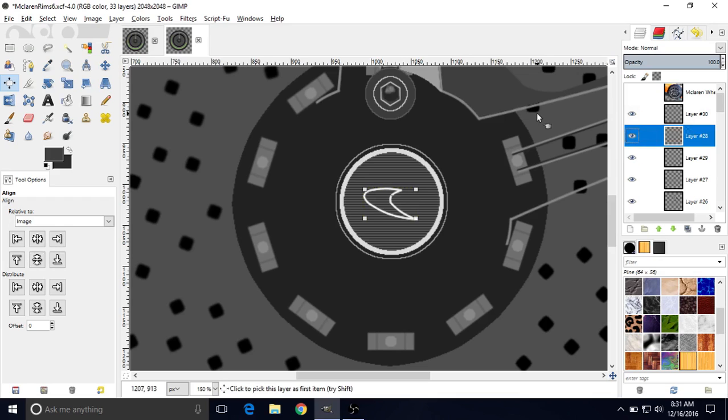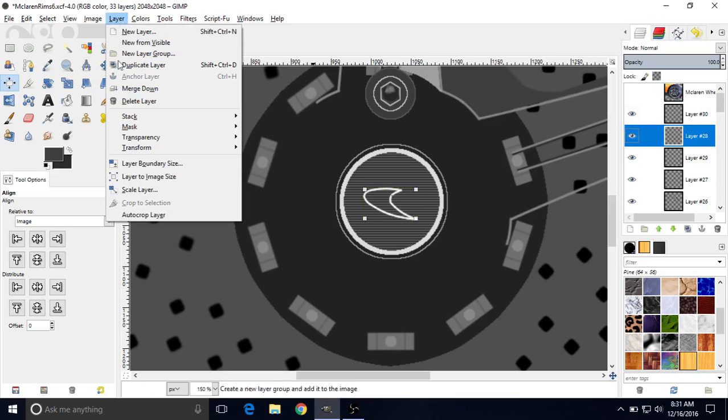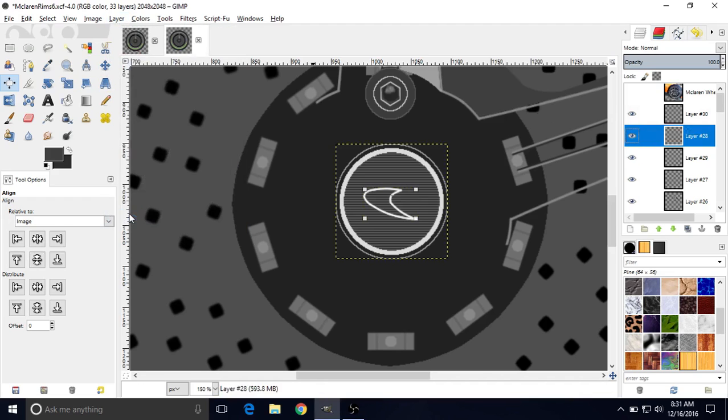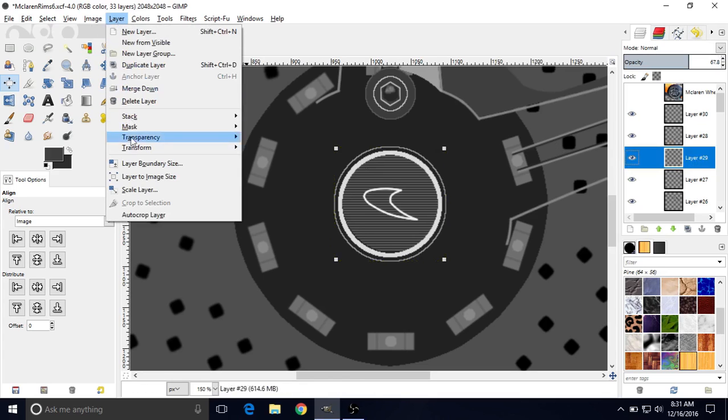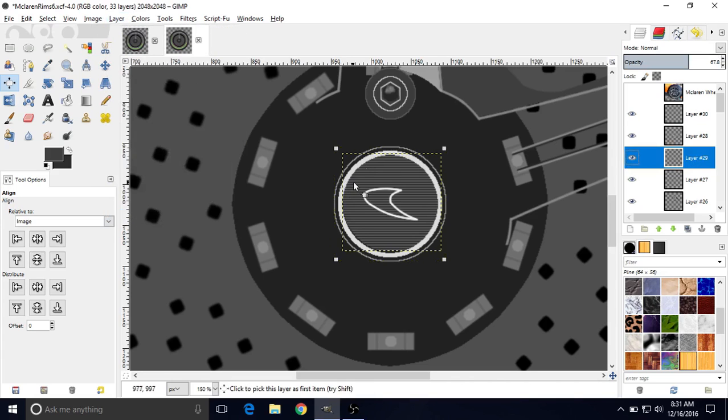We're just going to select this next layer, go to layer, auto crop layer. We already have the alignment tool selected, so we're just going to click on the layer we want to use here to align. Make sure it's still on image, and then click these 2 buttons here to align left and right and then up and down. Now we're going to do it with the last one. Select it, layer, auto crop layer, left click on it,